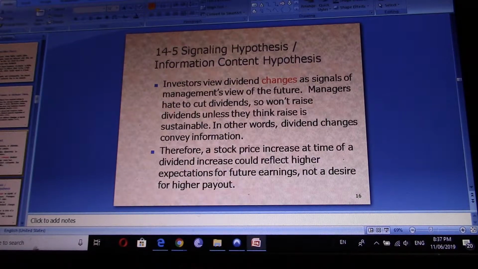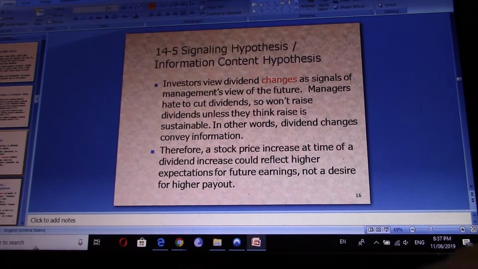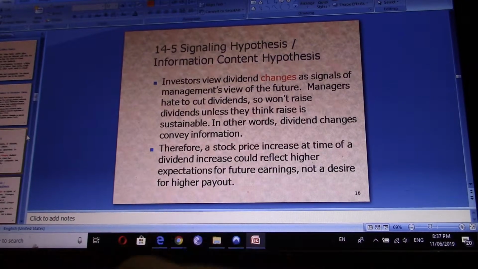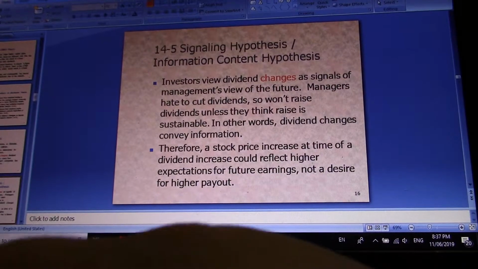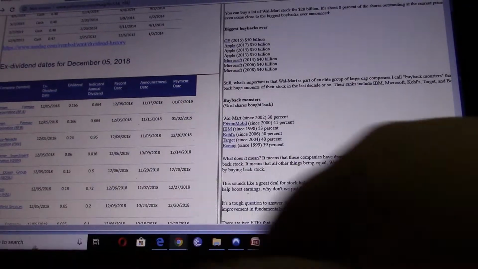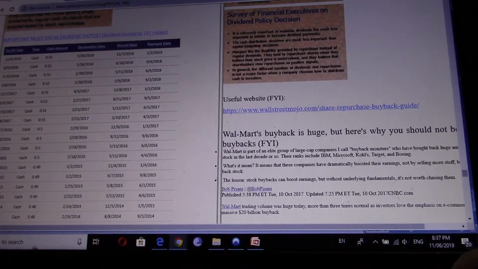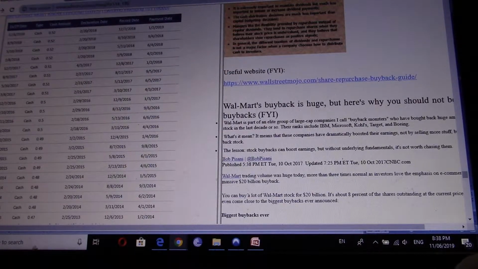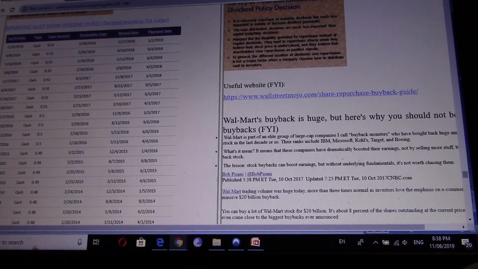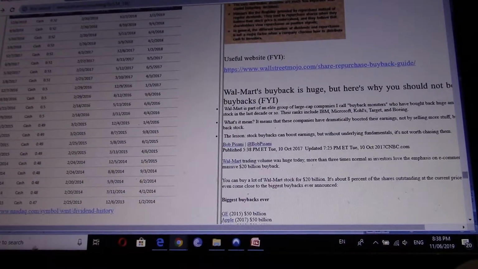Okay, so there's another very important theory for dividends: once a company starts issuing dividends, it doesn't want to change its dividend policy. You can see from here, this is Walmart's dividend history. Walmart increases the amount of dividend every year by about 4 cents, 1 cent each quarter in that year. So you see Walmart has been maintaining this dividend payout plan for several years.